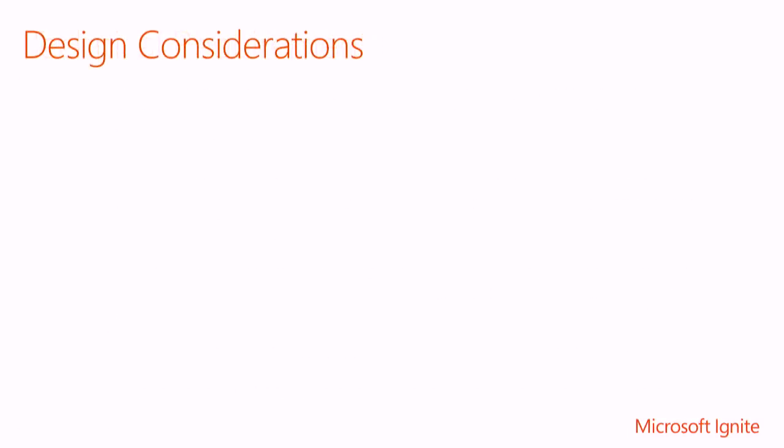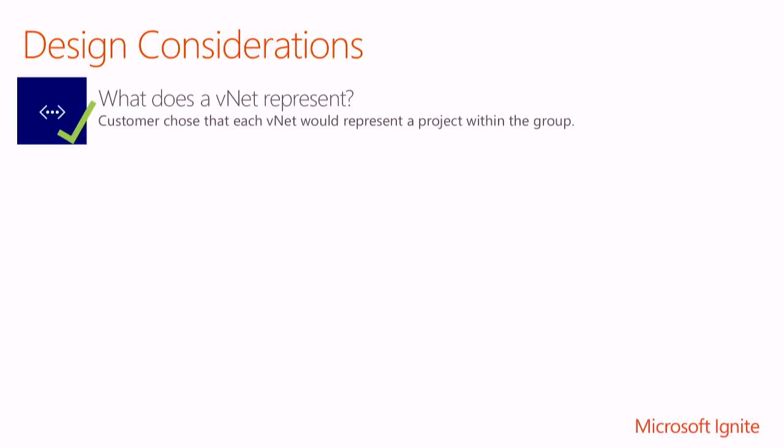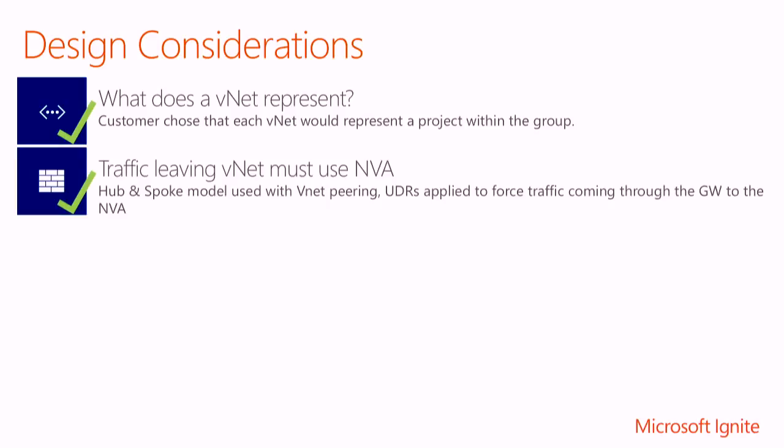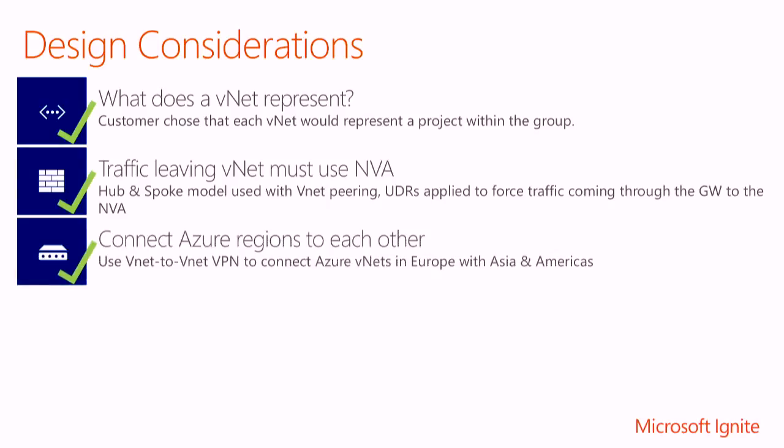Right? Design considerations: it's a complex requirement, and the way we did it was we broke those requirements into multiple small chunks, and we did workshops on all those small chunks and had them think about, okay, what does this feature, let's say a VNet feature, mean to you, what does that mean to your business requirements, and how does that fit in your technical requirements? So we did it for all these components, and we were able to tackle that and manage the bigger problem. And like I said, we used NVA for that.